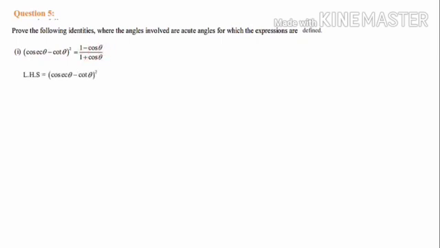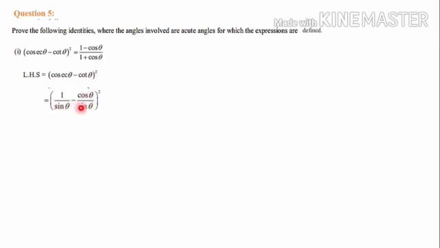As before, let's take the left hand side, that is cosec theta minus cot theta the whole square. So we have to convert cosec and cot in terms of sin and cos. Cosec theta, we know that by using the reciprocal ratio we can write it as 1 by sin. Cot we can change as cos by sin. So let's go for the calculation. Cosec theta is equal to 1 by sin theta, minus cot theta, we can write it as cos theta by sin theta, the whole square.